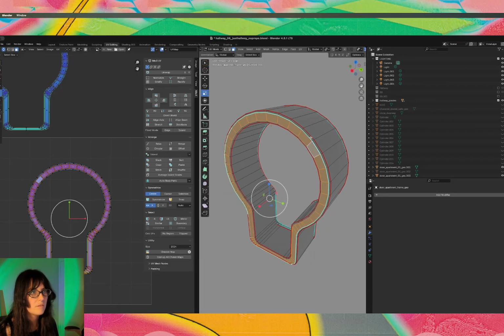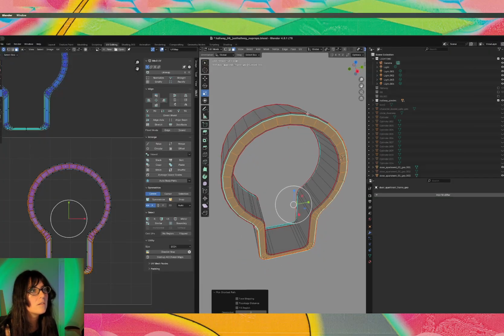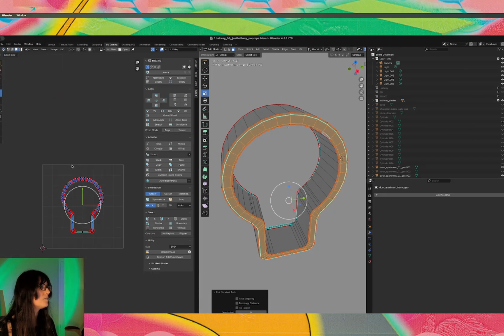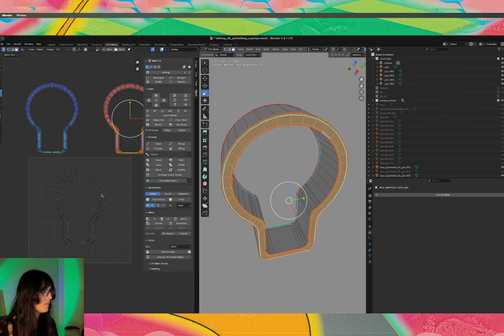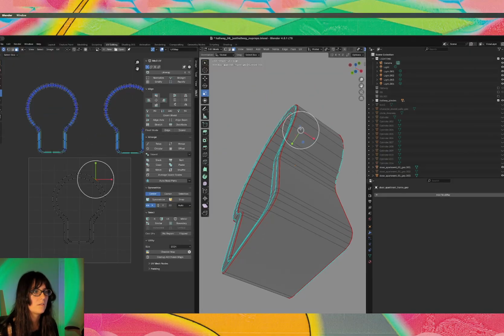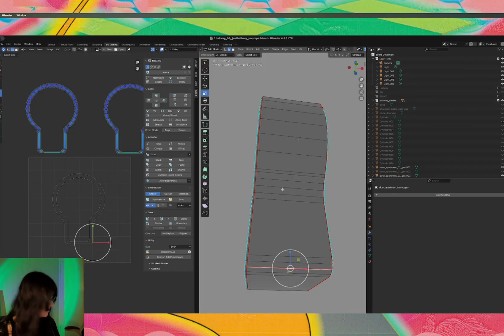There we go. Okay. Let's mark this seam. And then